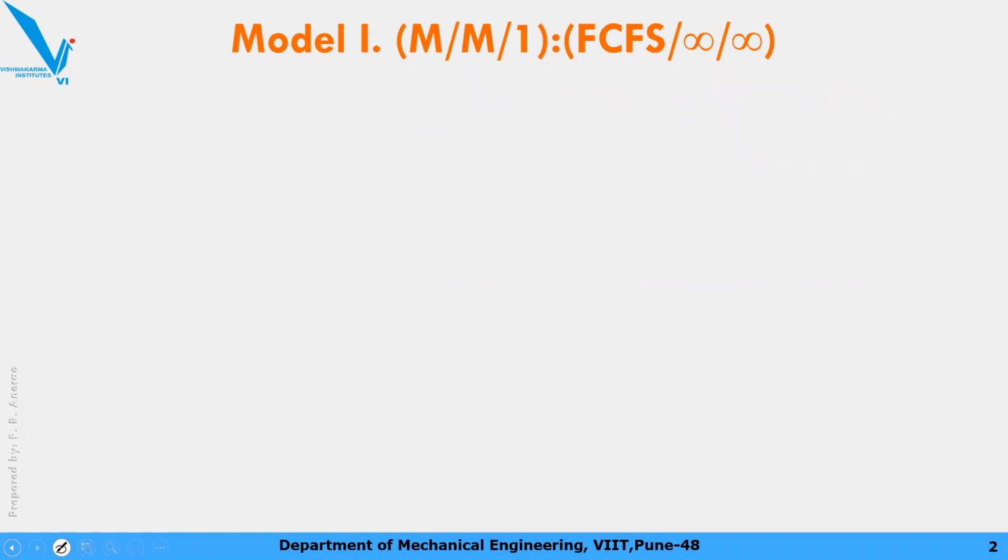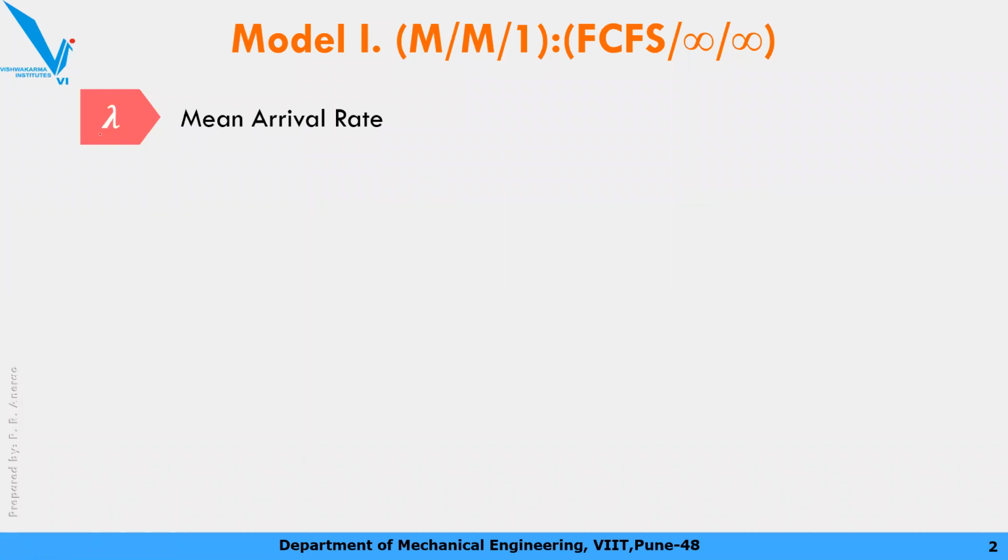Now, first we will learn about some nomenclature in this class. I'm just going to show you formulas and various nomenclature designations used to solve the numericals, and after that we will directly go on to two numericals and we will solve them. Again in the next class, I'll take a few more cases of model 1 and we will solve some more numericals. Okay, so let's start with the notations we use in this model 1.